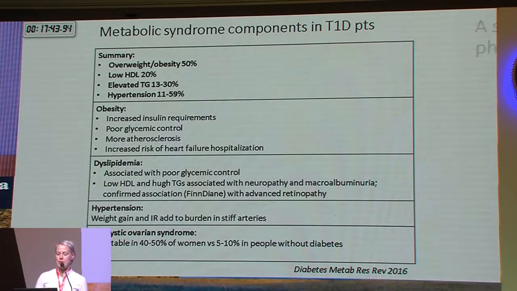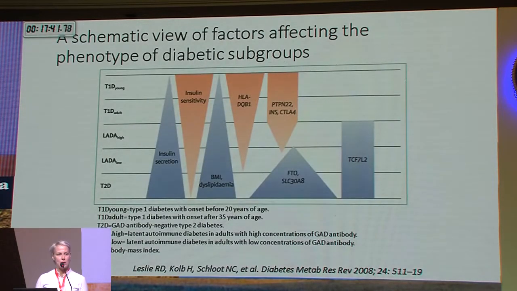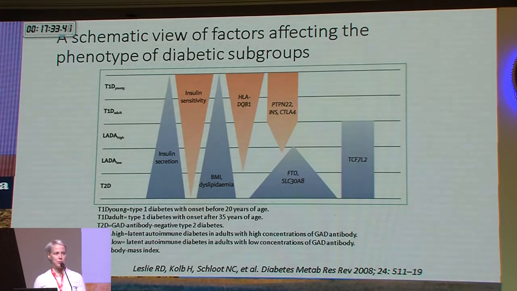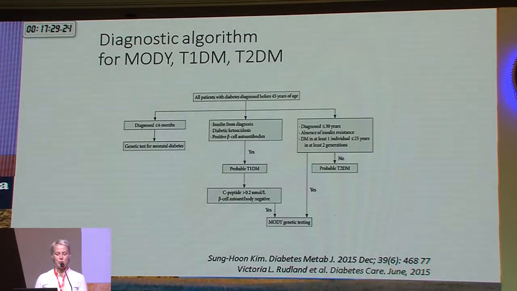way. There are a lot of studies now and a lot of research which conclude there are different attitudes in every different type of diabetes, and we can understand just looking at this picture very quickly. What should we do, like an algorithm? We just need to understand what is going on with our patients, and if you just check this algorithm, you can easily understand what type of diabetes your patient has.